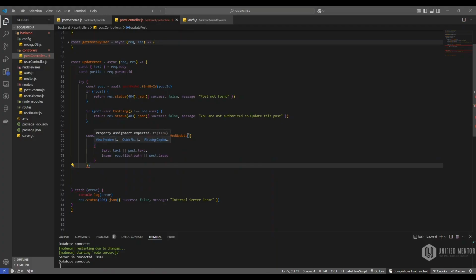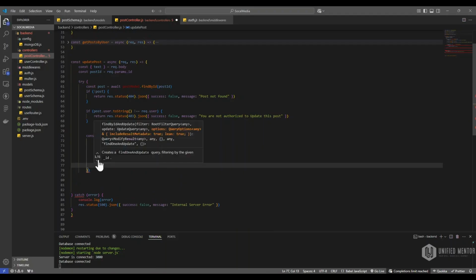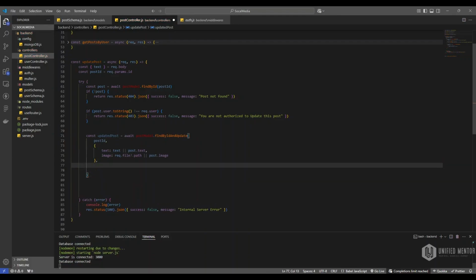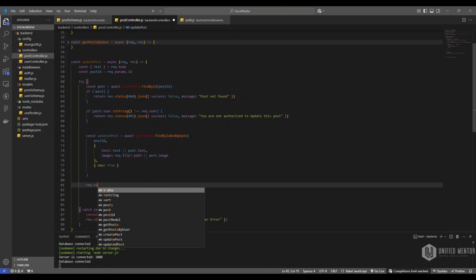Getting this property assignment accepted. Okay. Let me remove this one. This is not required. Okay. After that, we will make new return, so we will get the updated one as a response. After that, we will send a response with a status 200.json